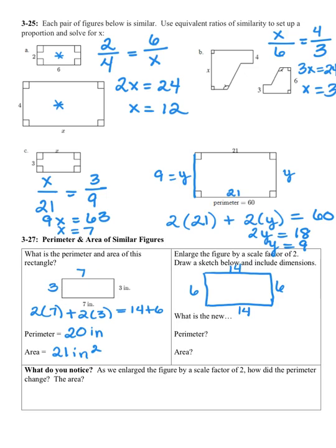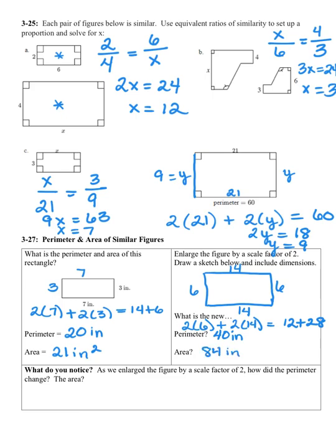So what's the new perimeter? Well, we now have 2 times 6 plus 2 times 14, which means we're taking 12 plus 28, which gives us a new perimeter of 40 inches. What's the new area? Well, to find that, we need to take length times width, or 6 times 14, which is 84